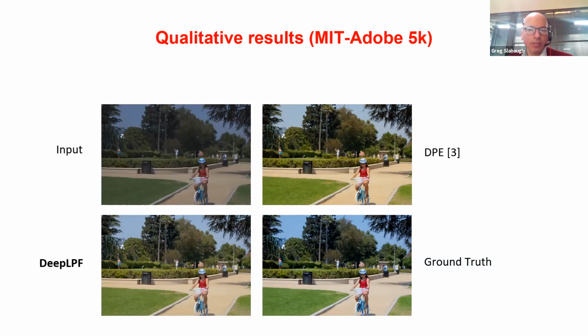Here's another example. The input image is on the upper left, and the ground truth is on the lower right. The ground truth in this case was produced by a human. They went into Lightroom, which is like Photoshop, and used it to enhance the image manually, and that gave us the ground truth. On the left is what our method produced using this input at inference time. It's not exactly the same, but it's still quite a faithful representation, probably better than competing methods.